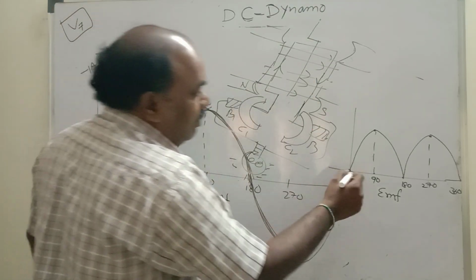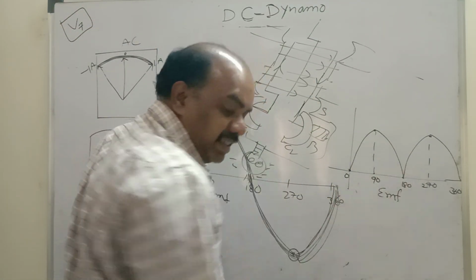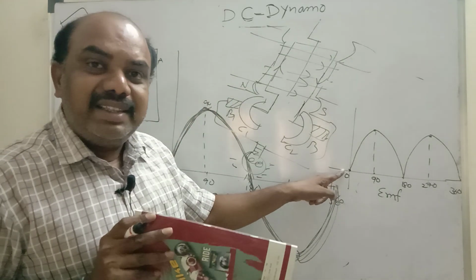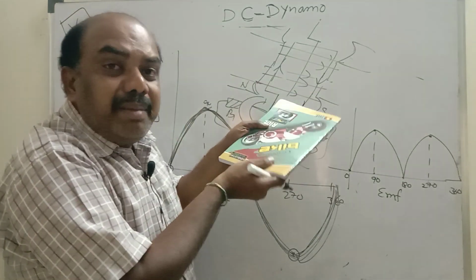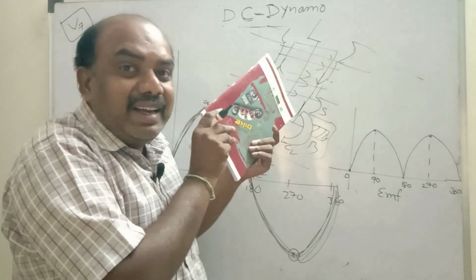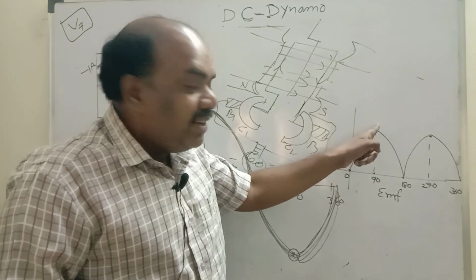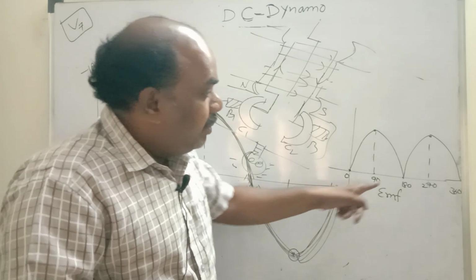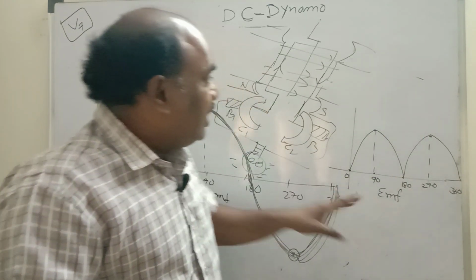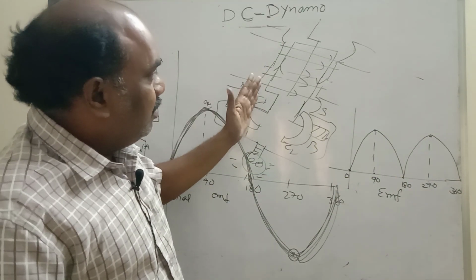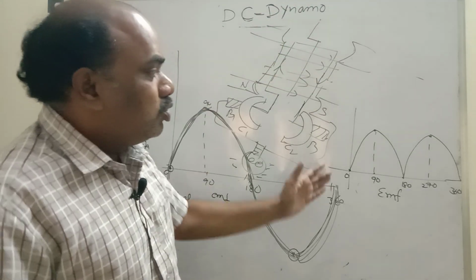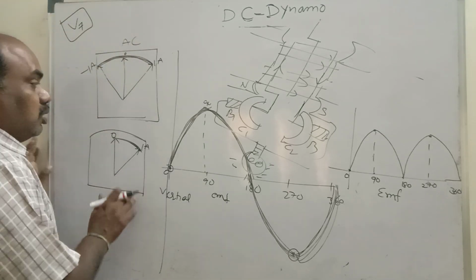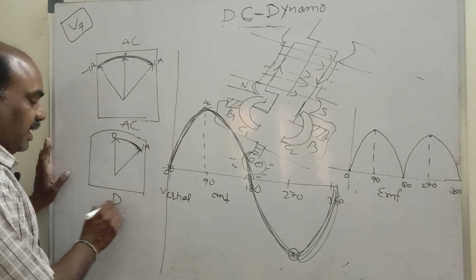So 0 to 90 maximum, 90 to 180 minimum. Let us consider initially the armature is in vertical mode. No current is induced. At that time induced current is 0. 0 to 90, change in magnetic flux. More number of magnetic lines are cutting. So 0 to 90 induced EMF is maximum. 90 to 180 minimum, minimum to maximum, maximum to minimum, but only in one direction, left to right, in this arm going, in this arm leaving. So only in one direction it is going and leaving in the same direction. So this is alternating current, this is direct current.